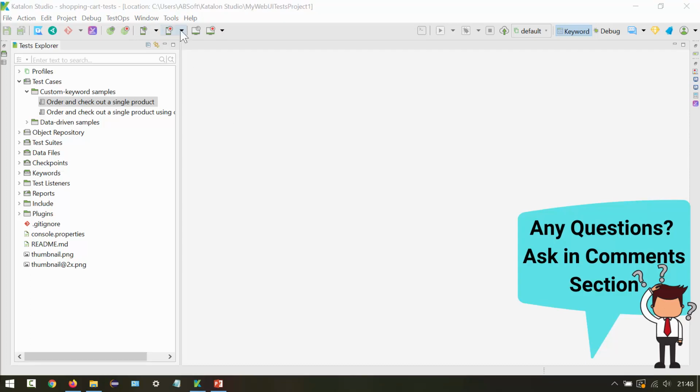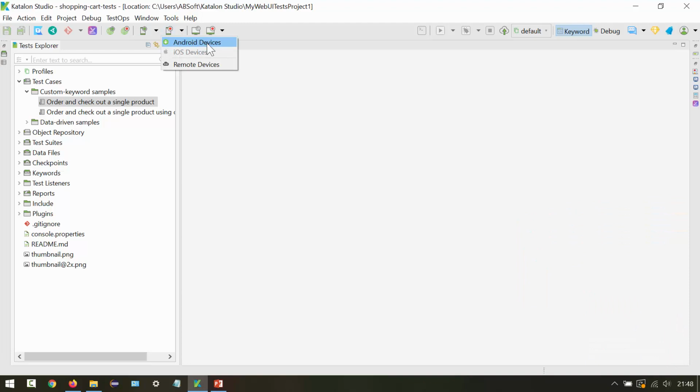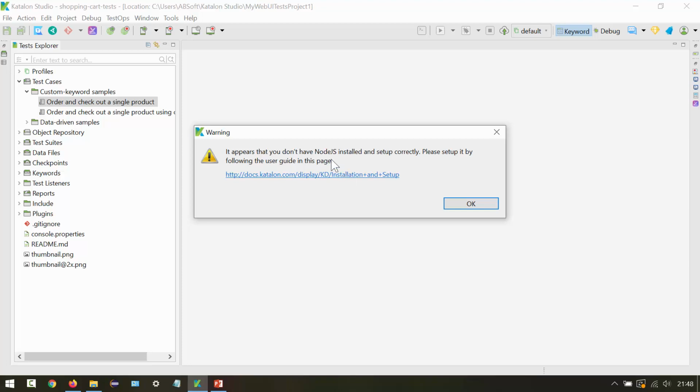Then we have this record mobile, where I can select Android devices or iOS devices or remote devices. Using this is going to open a mobile recorder dialog. Then we can record mobile test cases. If I click this, okay, I don't have Node.js installed, so I will do that later.